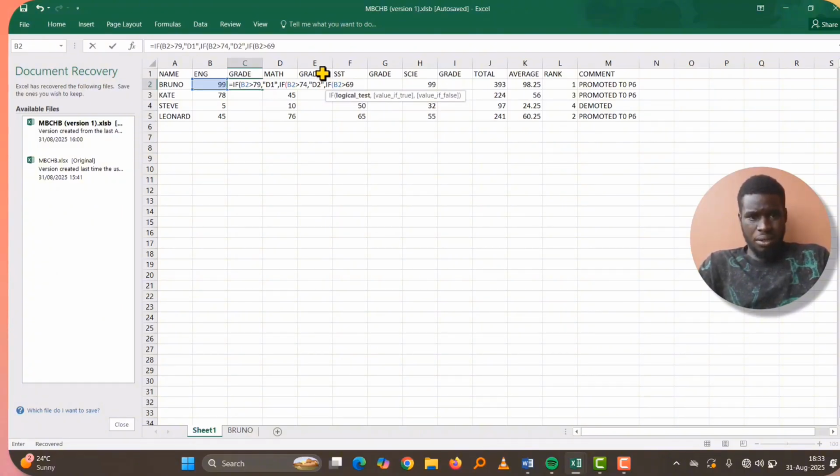isn't it right? Yeah, award a C3, but we might want to place it in quotations, award a C3, then comma, if B2 is greater than 54, comma, award a C4,